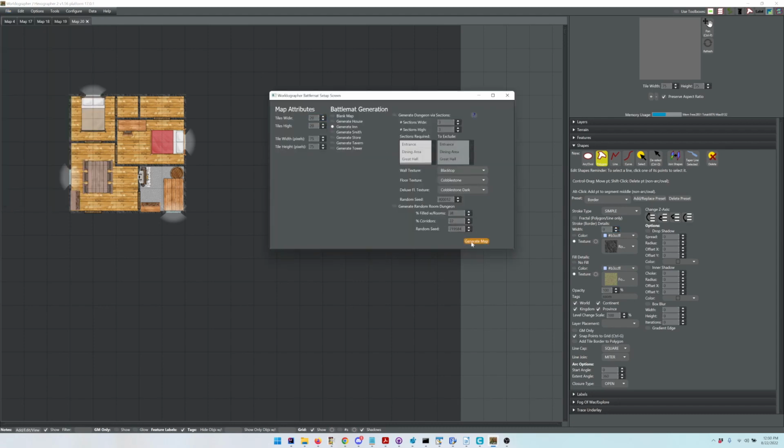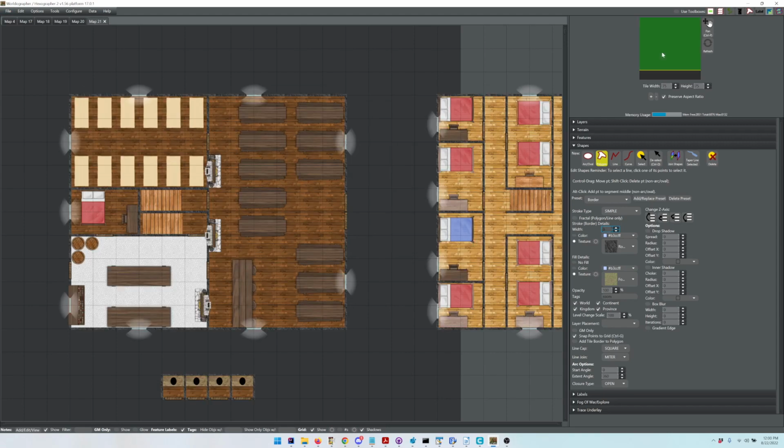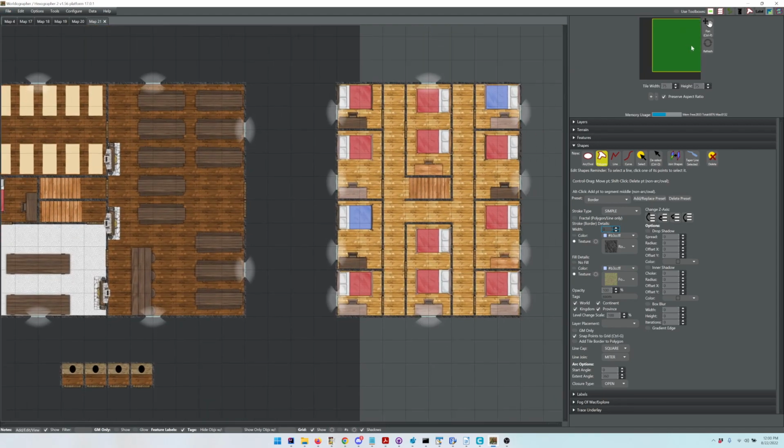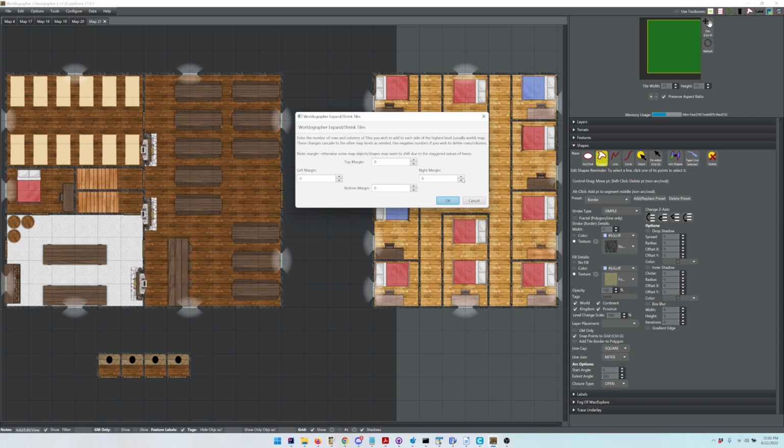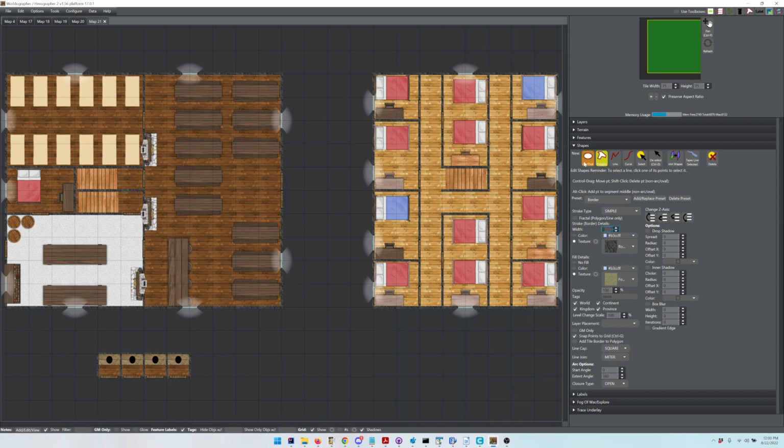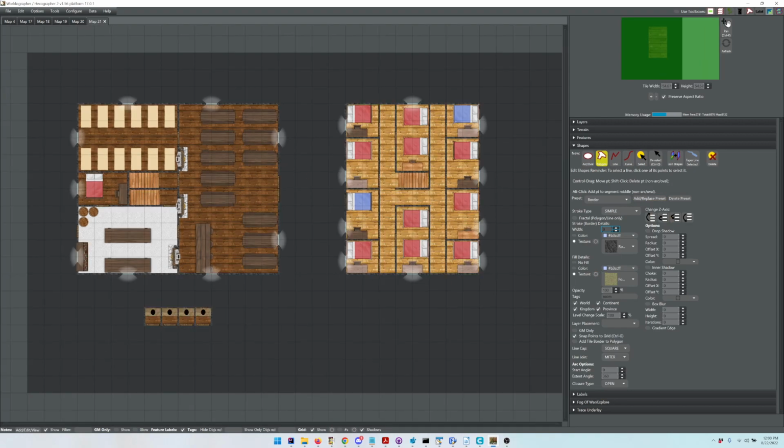So this is going to generate 2 levels, where the second level is all this additional stuff. Now, this didn't look at the size needed and adjust the map size like it probably should. Again, this is one of the earlier generators written, but in the Pro version you can expand that. If you're not using the tile functionality, though, it doesn't really matter. But I would just take the shapes and put down another shape all around it. Like I could zoom out, get a new shape here, click on these,